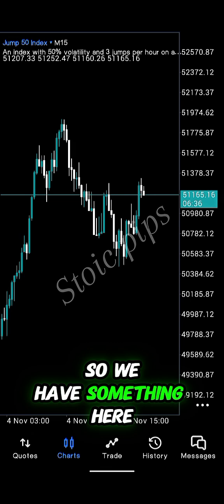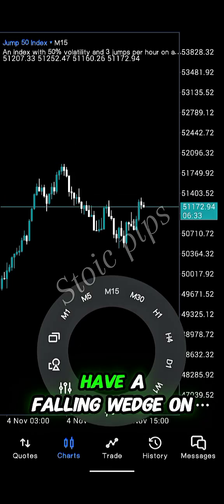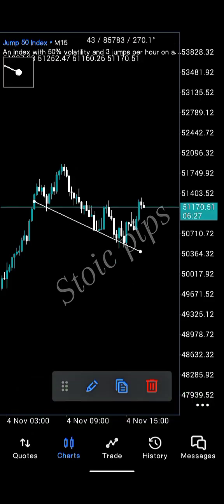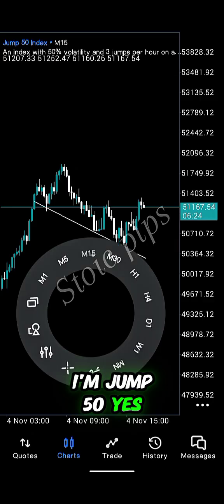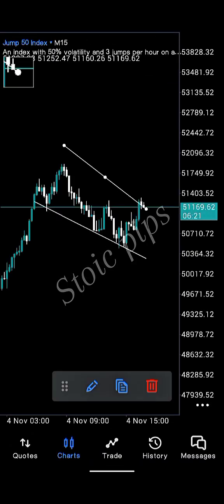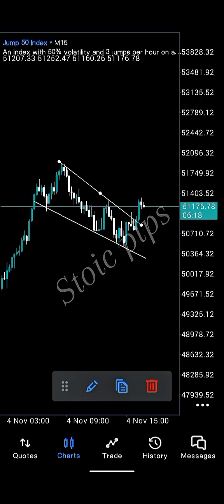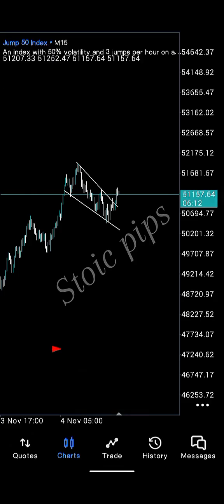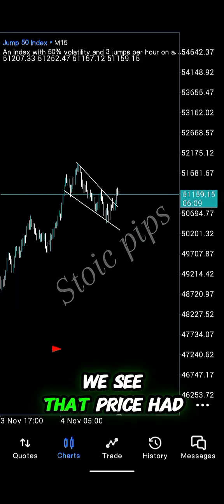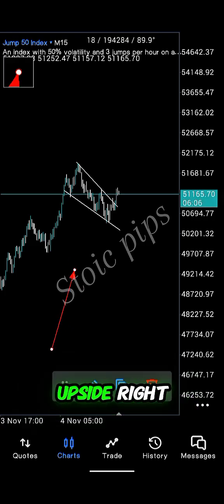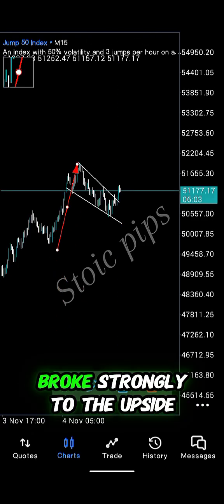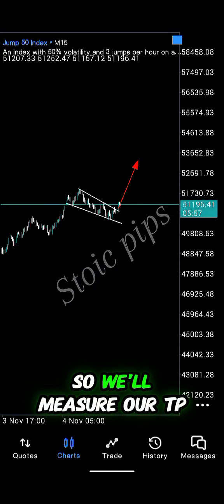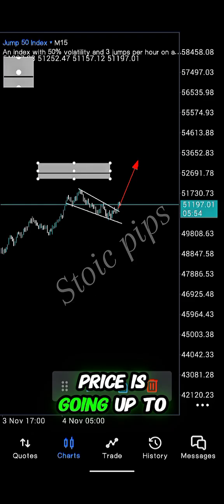So we have something here. We have a falling wedge on Jump 50. Well, on this falling wedge we see that price had already broken strongly to the upside, right? So now that it broke strongly to the upside, that's like a confirmation for us that price will be buying. So we'll measure our TP area, and we know that price is going up to